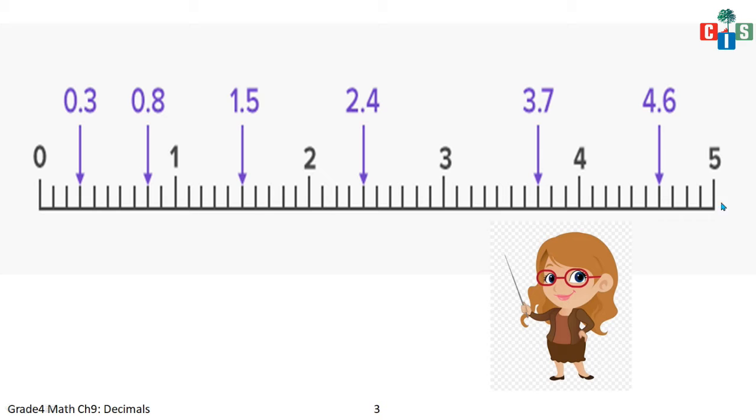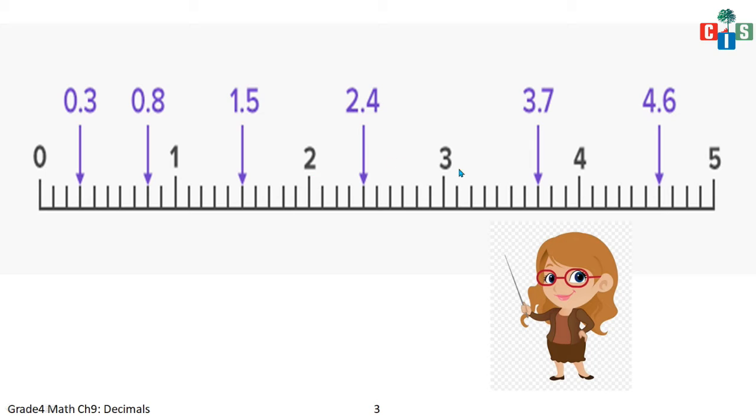Clear? Fine. Now we will see some more points. See, I have taken a ruler. Now you have 0, 1, 2, 3, 4 and 5 centimeter. Or you can say that I have taken the number line which starts from 0, 1, 2, 3, 4 and 5. Now these are certain points. Above 0, 3 points will be 0.3. If it is 8 points more, it is 0.8. Now 1.5 lies between 1 and 2 because it is more than 1 and less than 2. So 1.5 lies here.